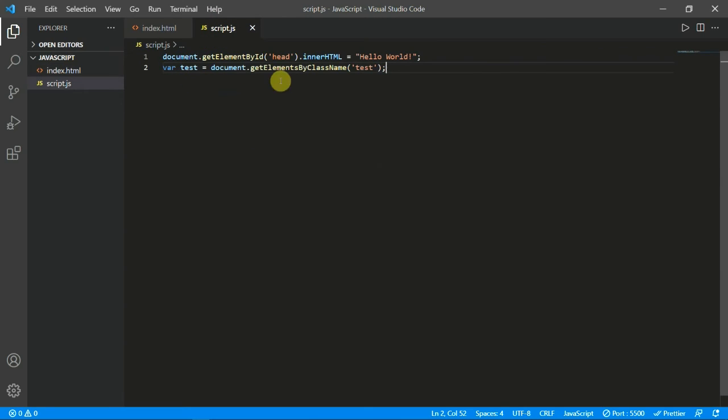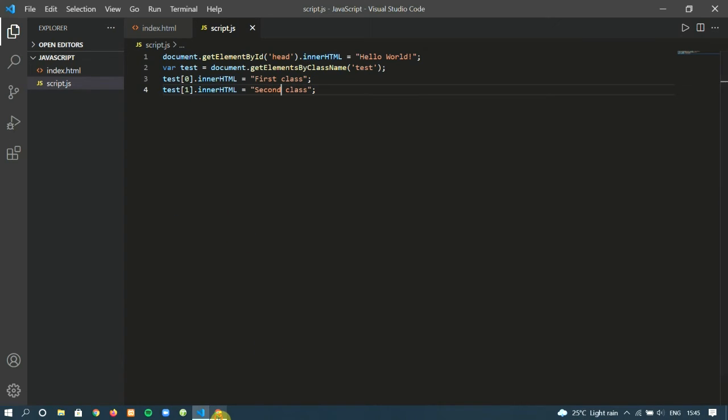So let's try it here: test of 0 dot innerHTML equal to first class, and then we will change it to 1, and give it second class. Now let's see the result.